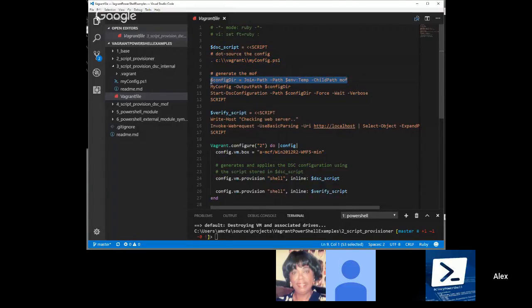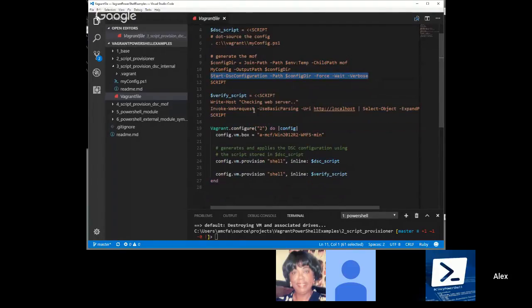Captures gets configuration directory, runs the DSC config, runs the DSC provisioner, and then afterwards, I have a little script to just, so this DSC config is installing a web server. So it's just going to do invoke web requests against the web server and just see that we're getting an HTTP 200 back. So you can see down here in the Vagrant files where we're going to run the DSC script and the verify script